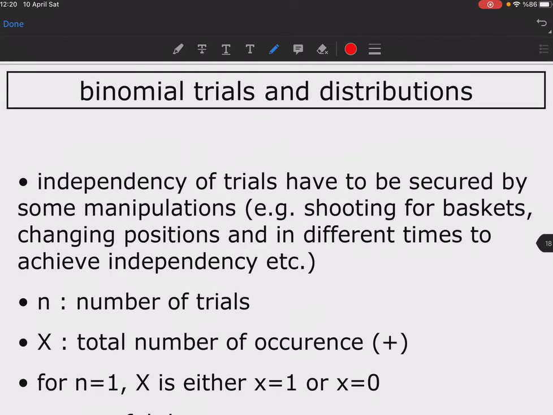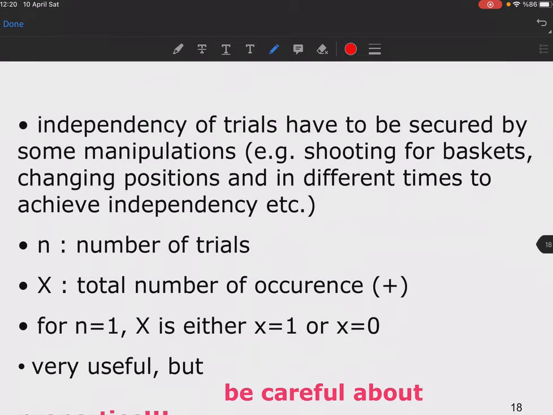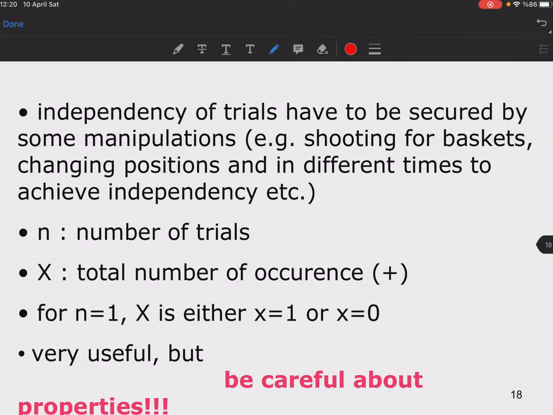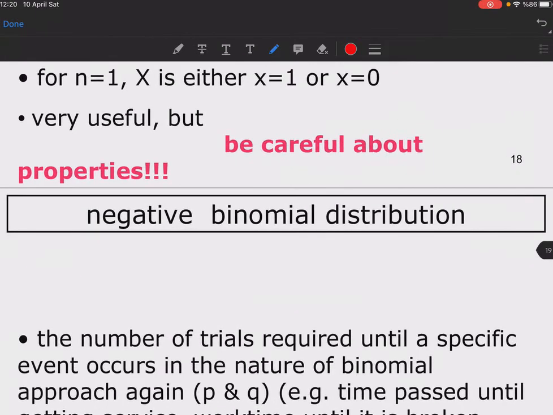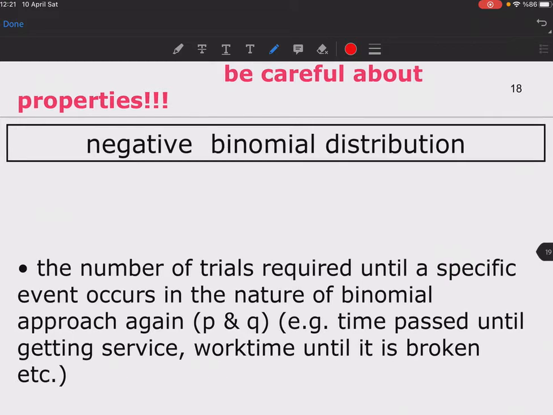We should keep in mind that the independence of trials should be secured, but you need to be careful about its properties, and that's it. I mean, you need to make some manipulations to force it into binomial distributions about the